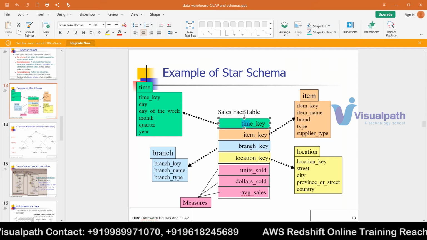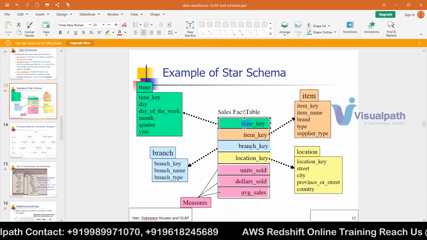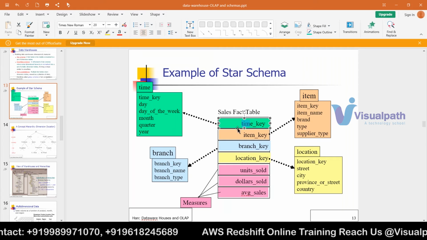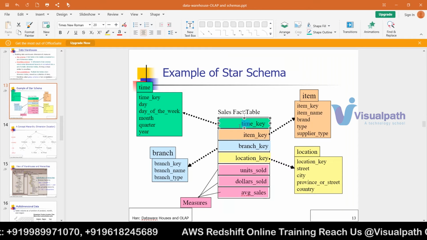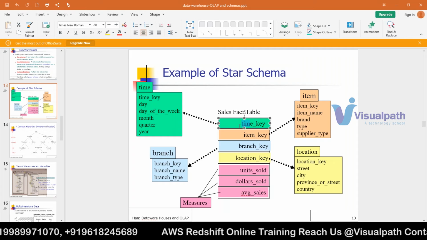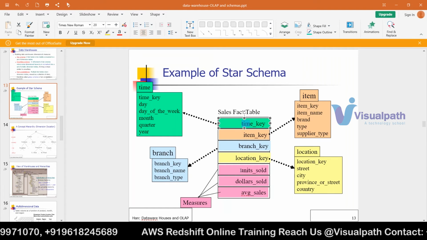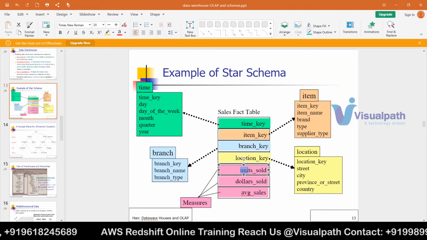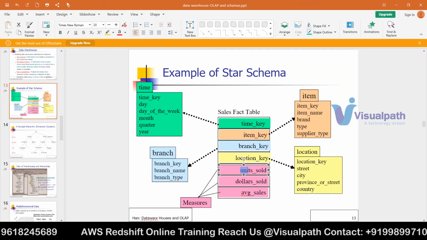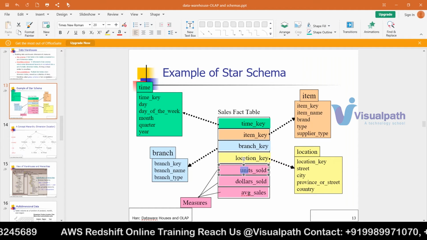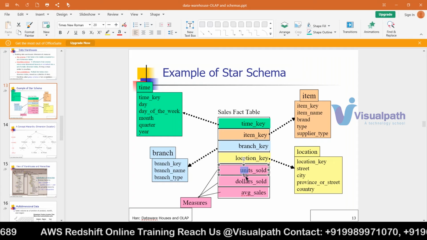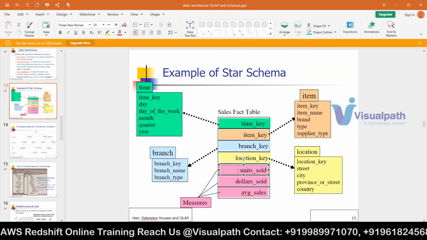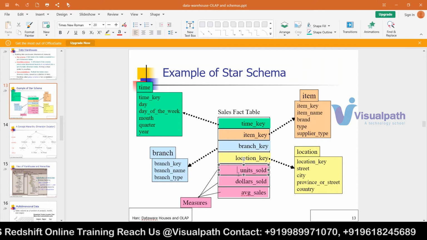This is one of the questions we get. Generally these are theoretical, but the fact table with only a key section is called factless fact, meaning it does not have any measures. We generally have measures in one particular fact table. If you want an additional fact table, it will only have keys, meaning joining columns, because we have to join with other tables. So that will not have any measure section. A fact table with only a key section and without any measure section is called factless fact. Why? Because the measure section is what is called fact, right?